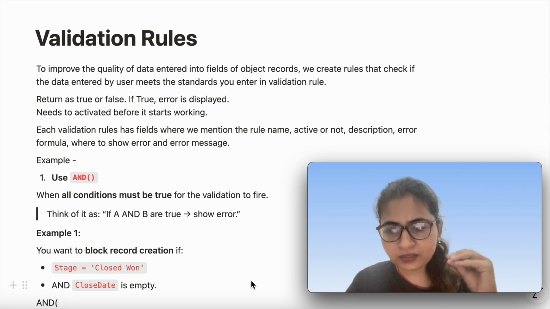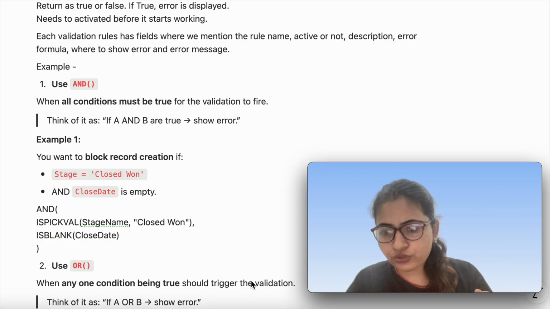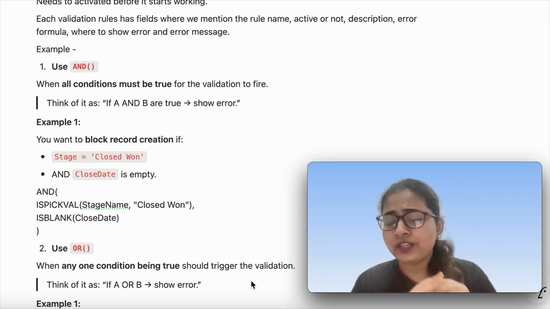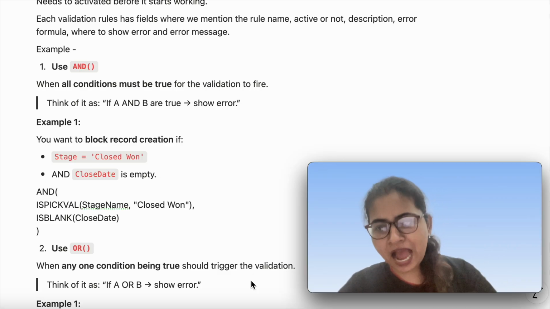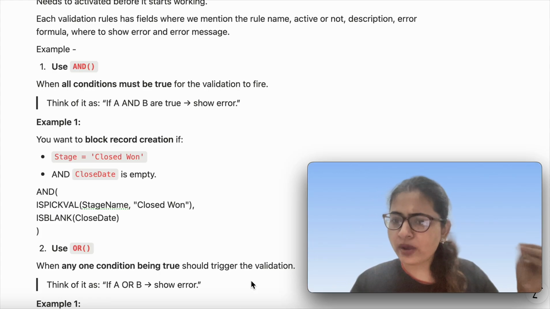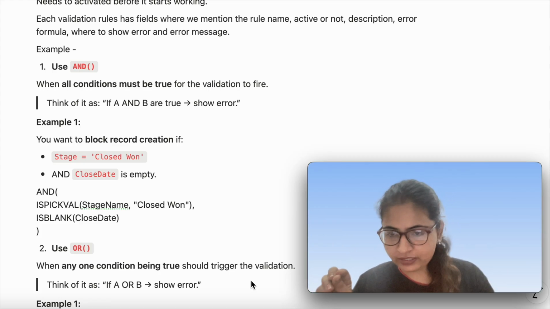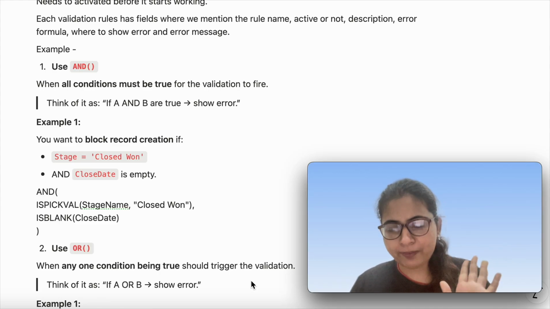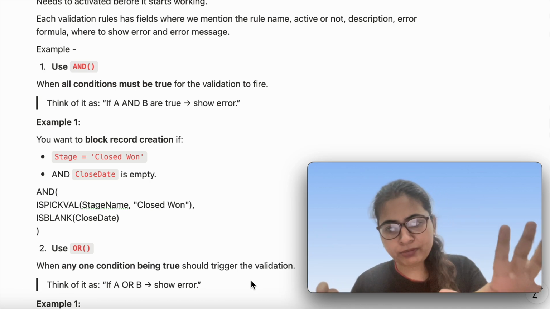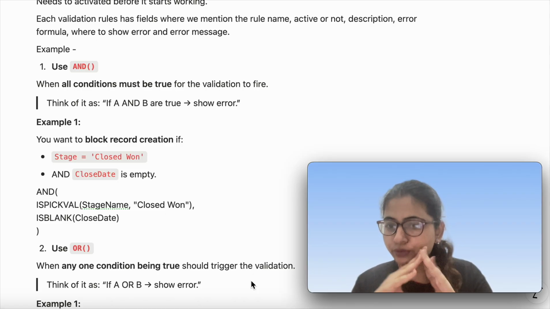There are certain specifications where we get confused. For example, while creating a validation rule in real time, we get confused whether we should use AND, OR, or a combination of them. So let's discuss them. If we are using the AND operator, it means there are two conditions and both should be true to throw an error. For example, if the stage is closed won for a particular opportunity and the close date is also empty, which means two problems are there together. This problem is true and that problem is true, then only we are going to showcase this error. Then we use the AND operator.